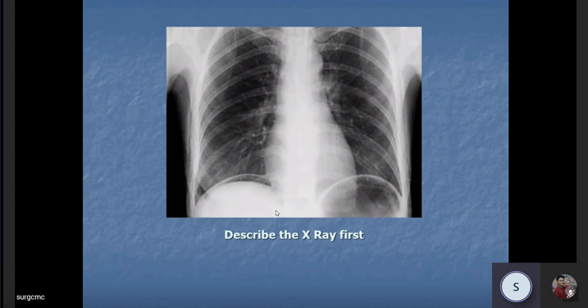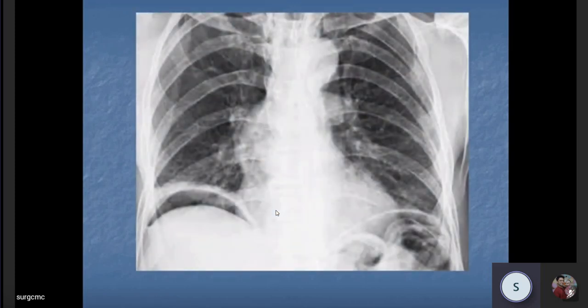একটু সময় নিয়ে বলো, describe the X-ray first. Or at times examiners might say just tell me the diagnosis, তো বলার দরকার নেই. Then you say what you have said. But give yourself some time and give the examiner some time as well. Okay? So pathology, already you know, it's a hollow viscera perforation. You can see free gas under the right hemidiaphragm. Again, free gas under the...